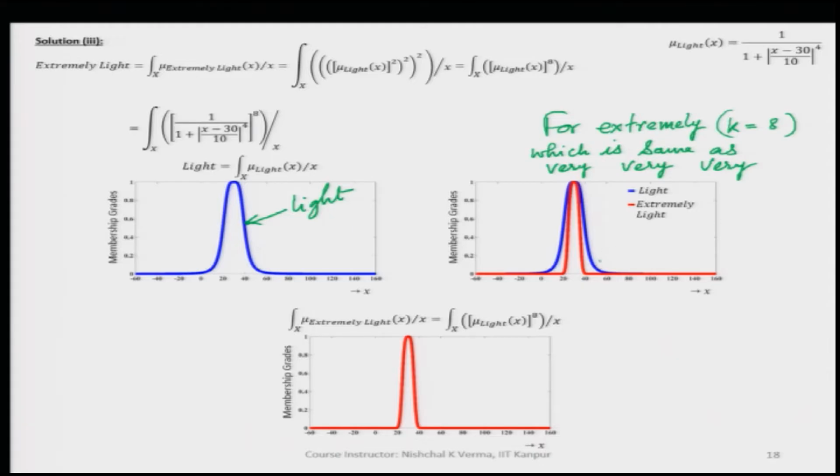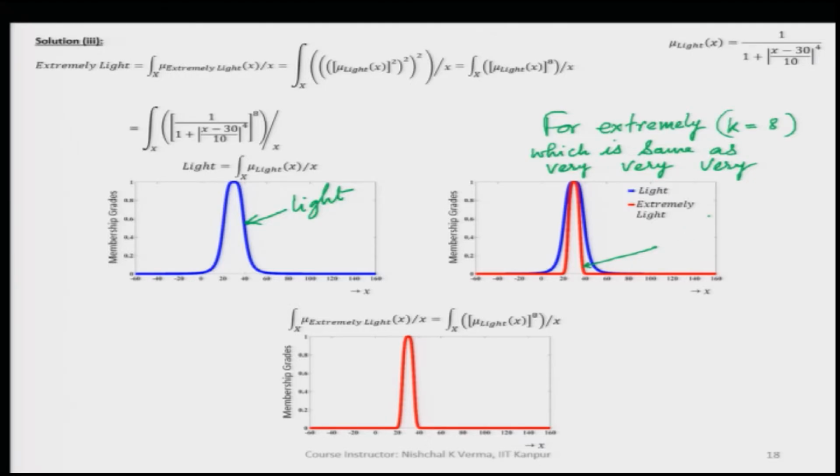The fuzzy set represented by blue color is for light, and the red color fuzzy set is for extremely light.